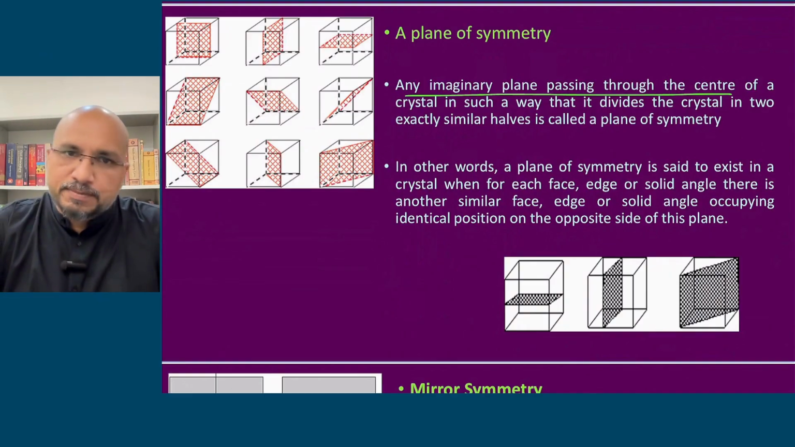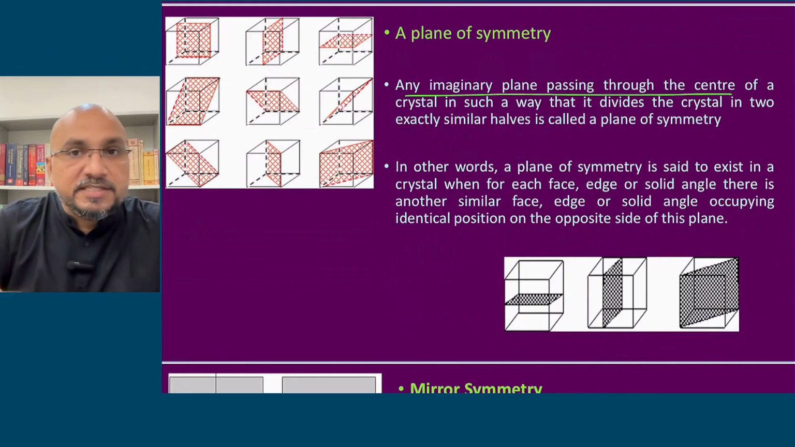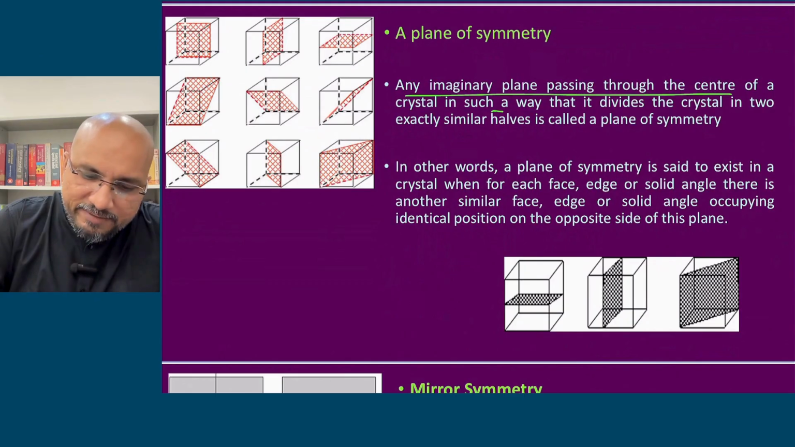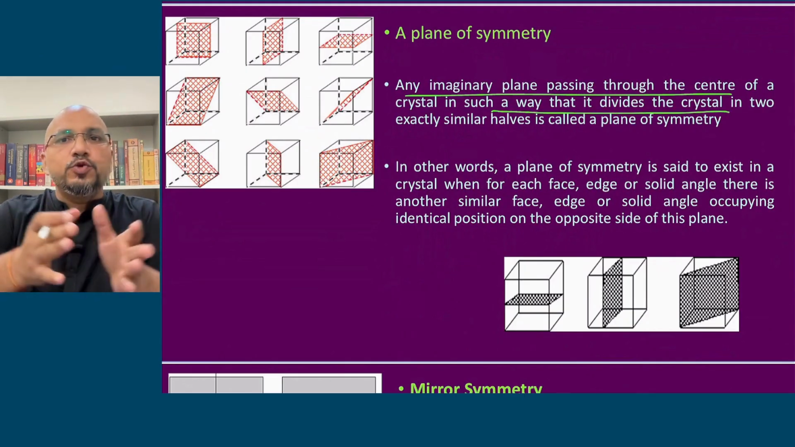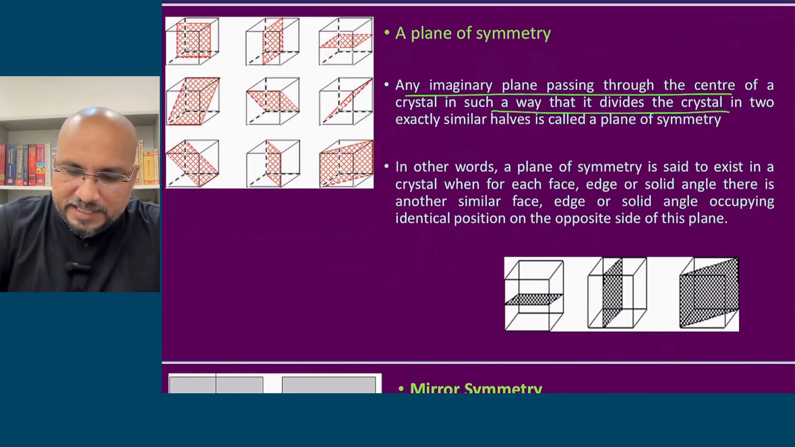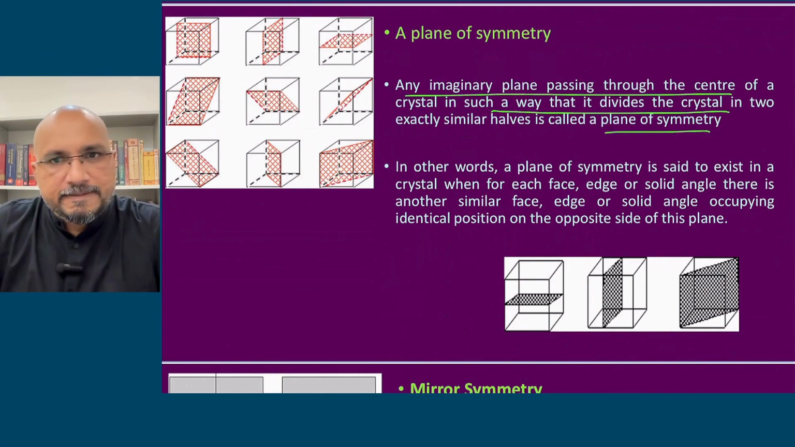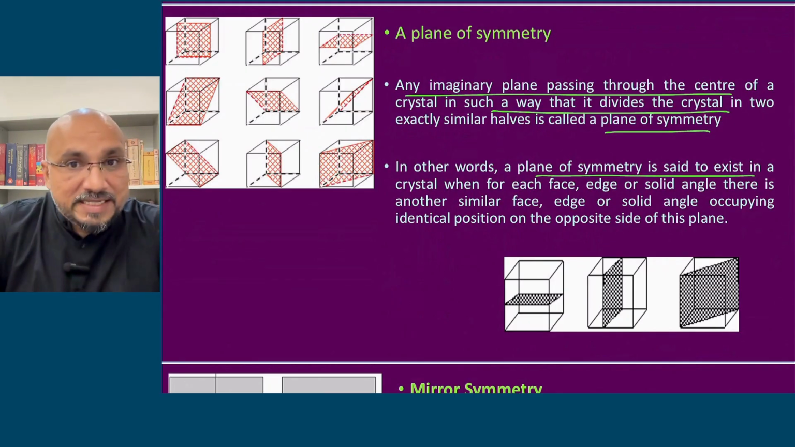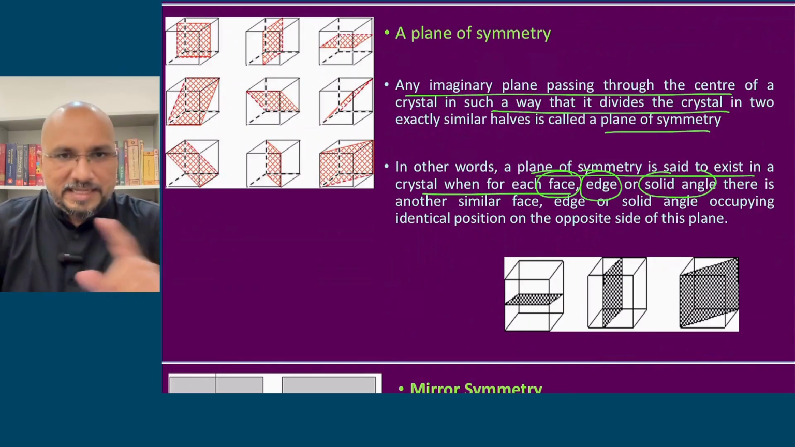Then we say that there is a plane of symmetry. So any imaginary plane passing through the center of a crystal in such a way that it divides the crystal into two exact halves is called a plane of symmetry. In other words, a plane of symmetry is said to exist in a crystal when each face, each edge or solid angle, that is the corner,